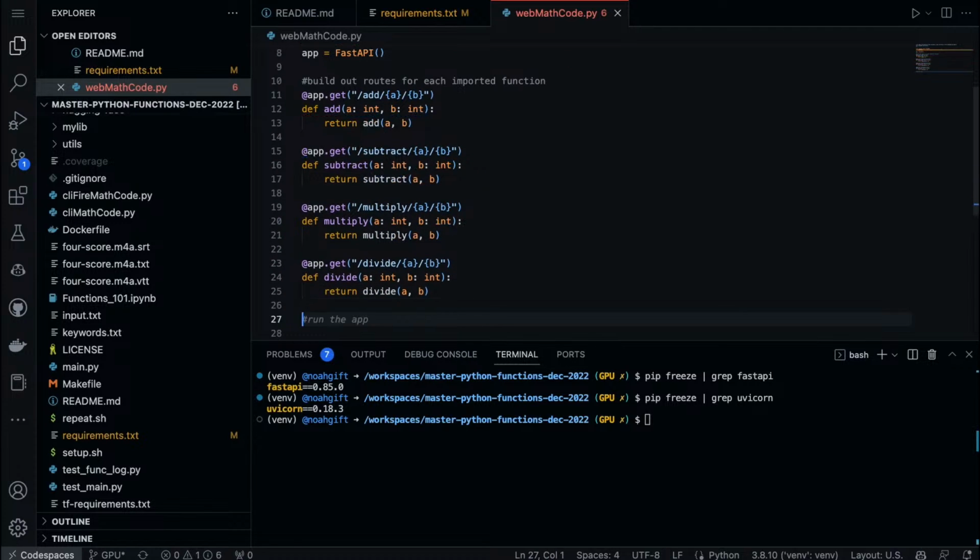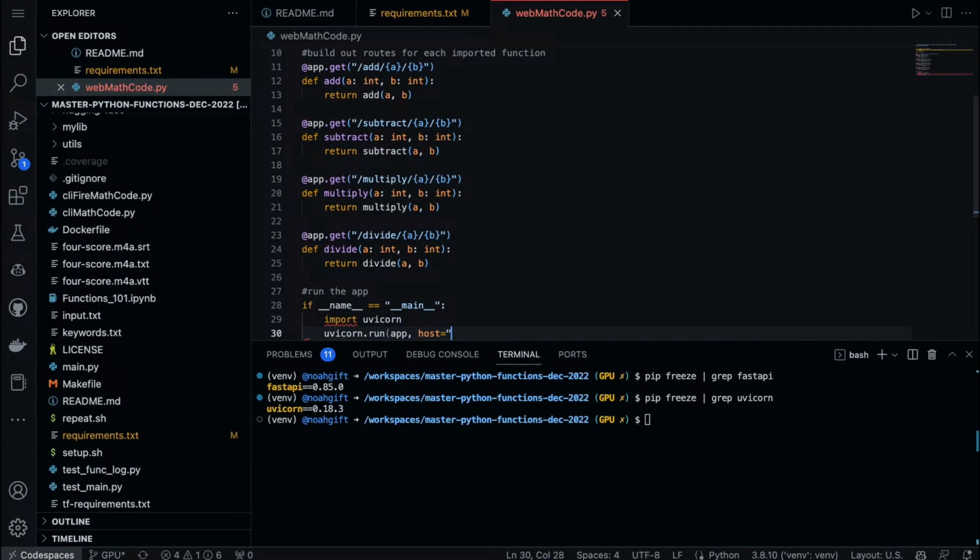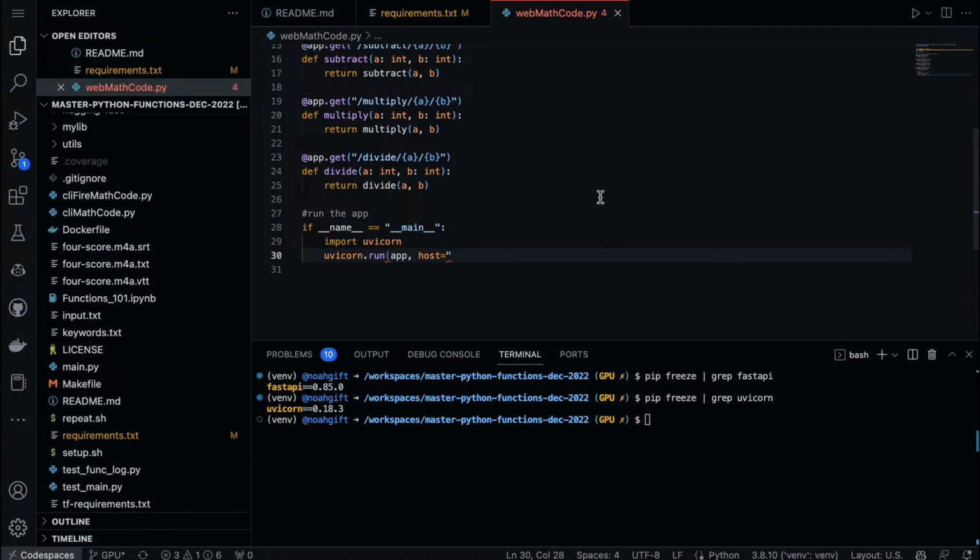And now we just have to invoke the app, which should be the if under name. There we go. And we can say host would be 0.0.0.0, and we should probably say port 8000. I like port 8080 personally, because it works with a lot of defaults.